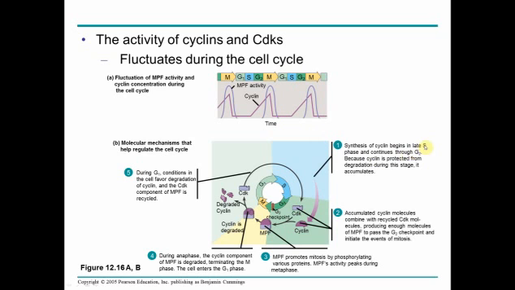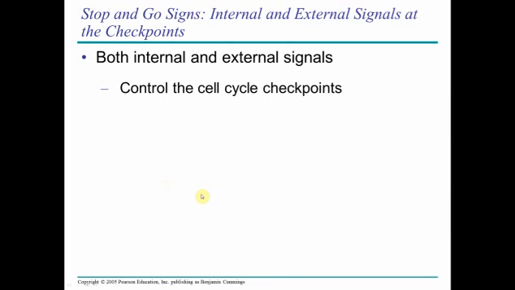Synthesis of cyclins begins in late S through G2 because the cyclin is protected from degradation. So it's allowed to accumulate. It's not being used up yet. And then the cyclin molecules combine with the CDK molecules to produce MPF, and thus, in the presence of MPF, we can pass the G2 checkpoint and begin. MPF essentially promotes mitosis, phosphorylates things, and activates them. And then MPF gets degraded, which says essentially stop. Here's the degraded cyclin. And then we have G1 that continues and then will stop at the G1 checkpoint. These are just examples of a few of the cell cycle checkpoints and molecules that we know that